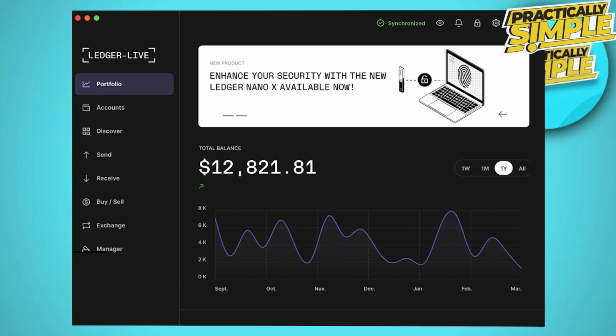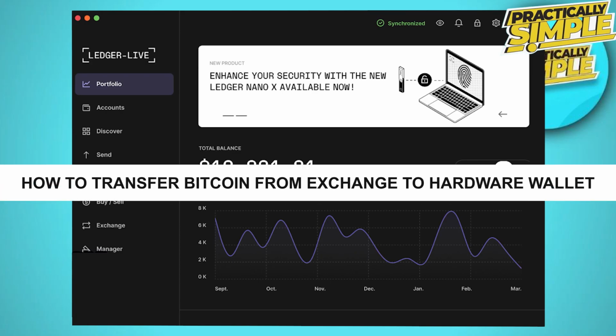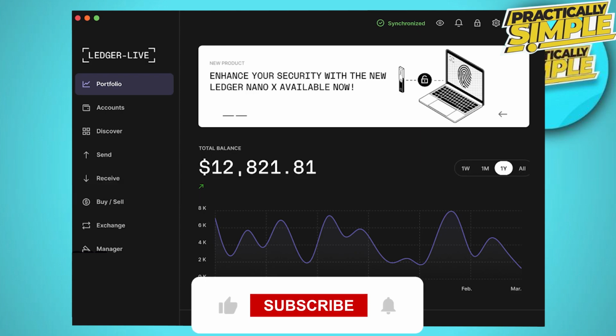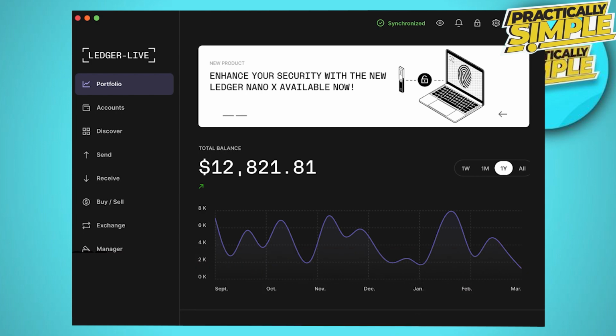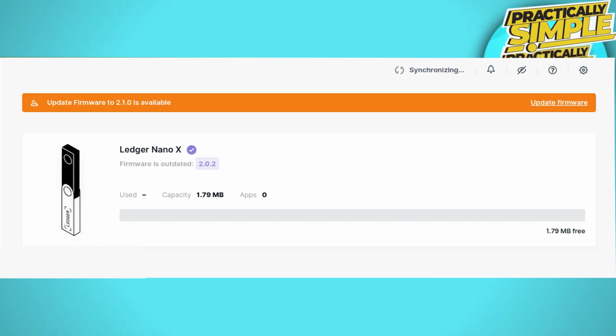In today's video, I'm going to show you how to transfer Bitcoin from exchange to hardware wallet. It's really simple and easy. So you can transfer your Bitcoin from any exchange account that you have to your Ledger device. If you are transferring your Bitcoin to a Ledger device, all you have to do is use the Ledger Live